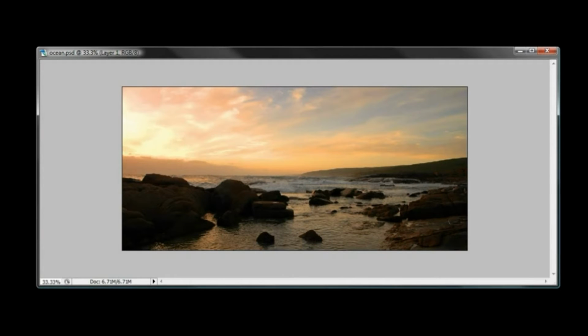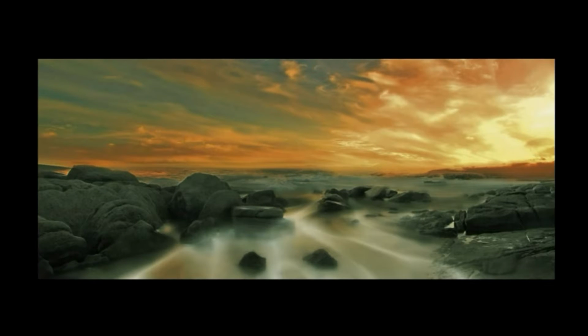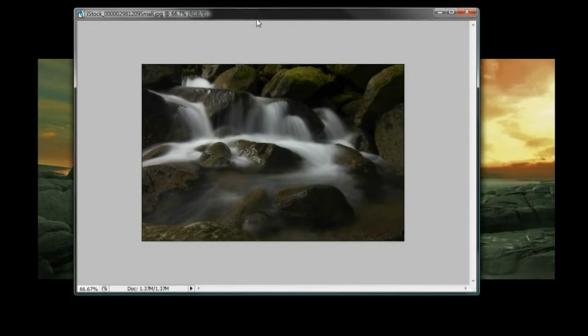And welcome to the Surreal Mist tutorial. In this video, I'm going to show you how to take an ordinary photo with water, something that looks like this, and turn it into this. And I originally got the idea for this tutorial by looking at photographs that were taken with